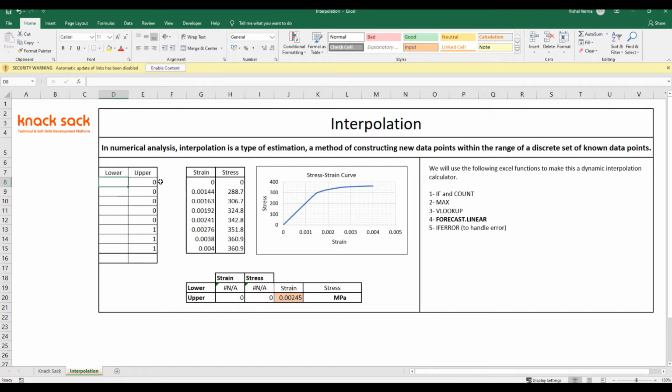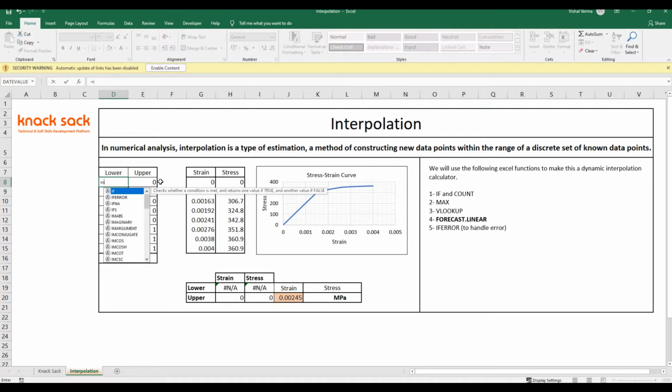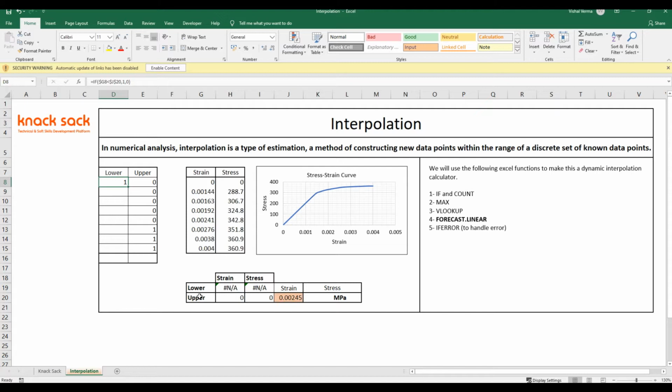For lower, similarly we will use IF. Again the logical test will be if this strain value is less than this provided strain value. If it is true, then return 1 as output, or if it is false, then 0. See, it is giving 1.